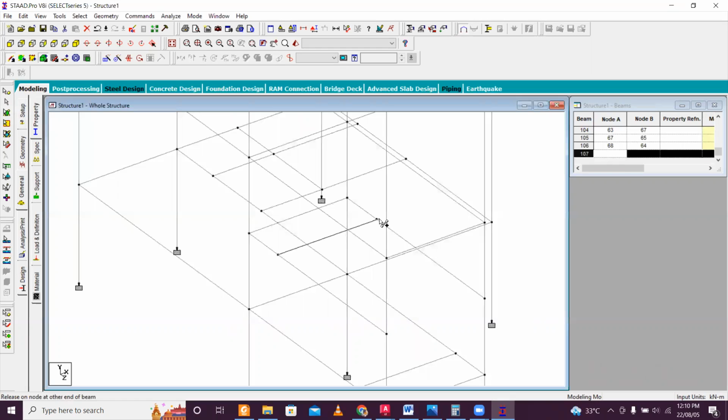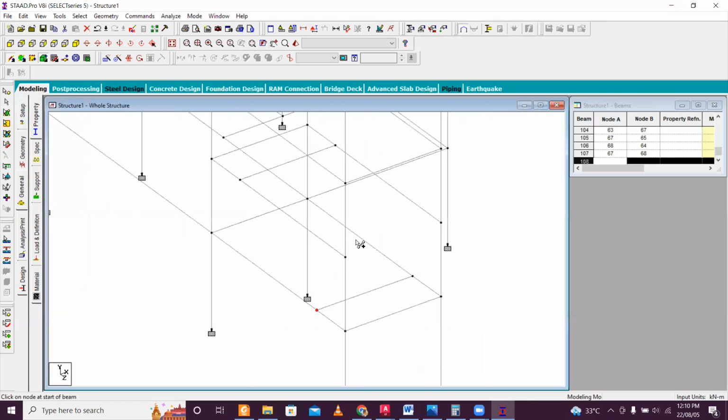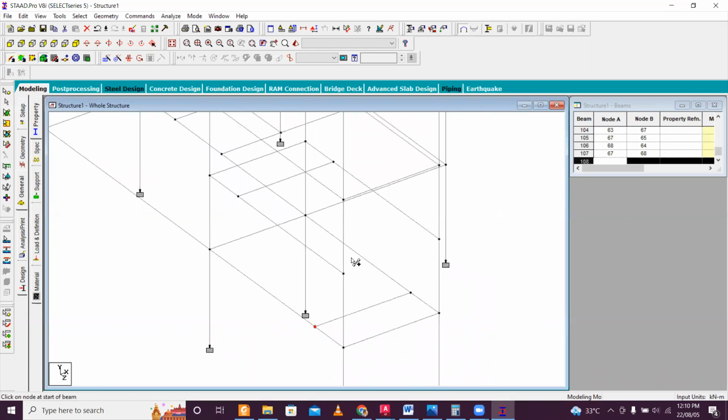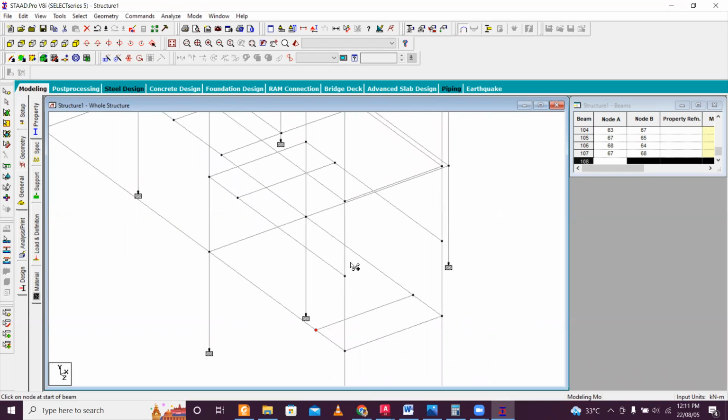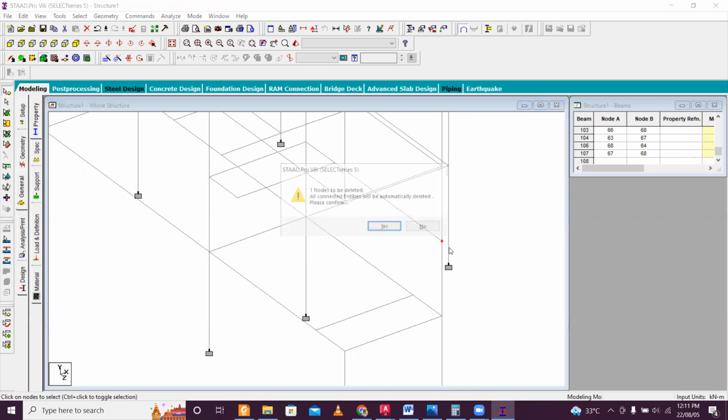Add this particular beam now. Now once this beam has been added, we don't need this node. So select this node cursor, select this node, delete this. So let's see what happens. So you can see what happened. This particular beam, which we don't need, has been deleted. So this is our beam here. And here also